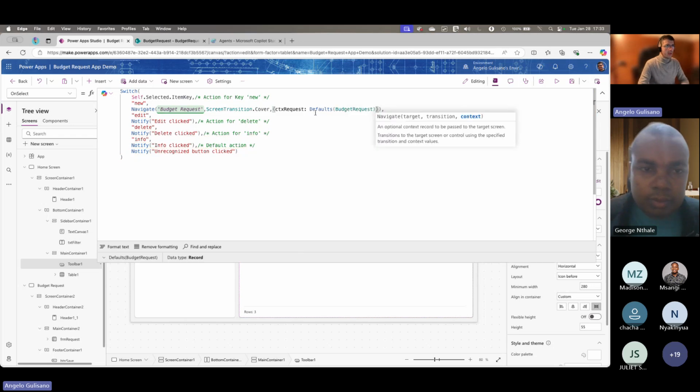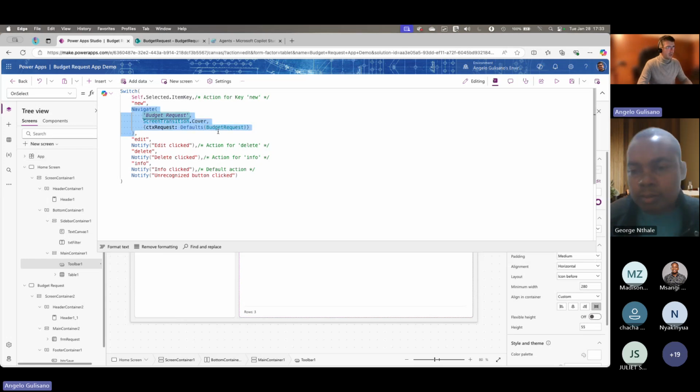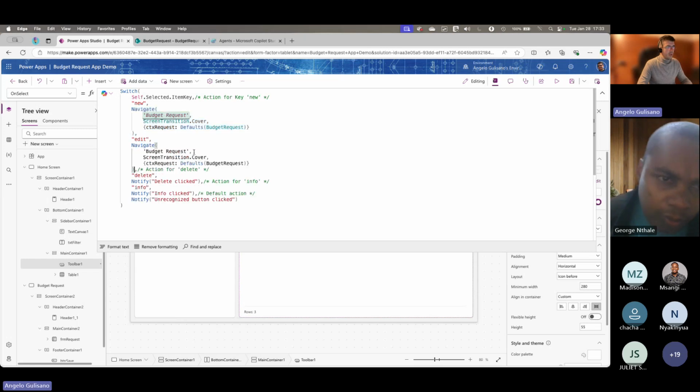So in this way, this allows us to navigate to budget request and pass CTX request variable, which contains a new record, the blank record. And if we want to edit record, we can do the same, but we need to pass our record.